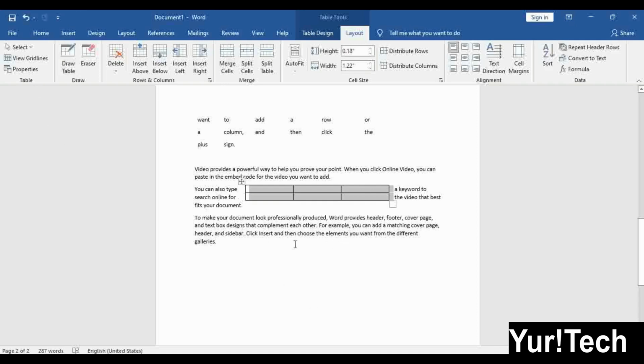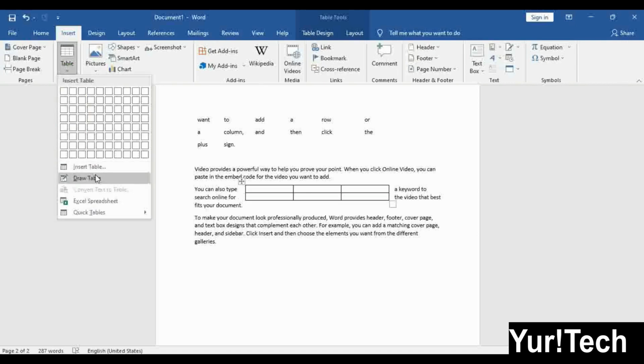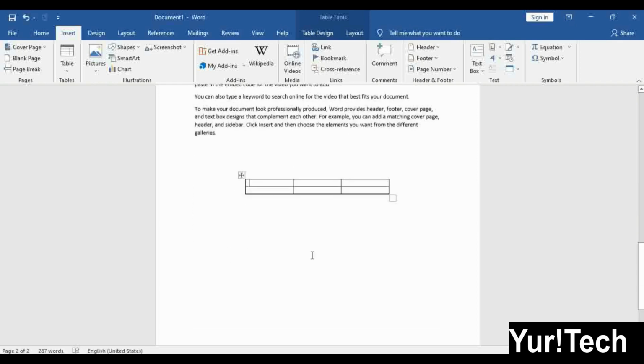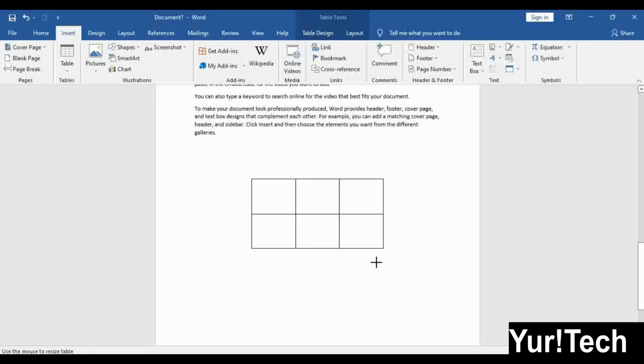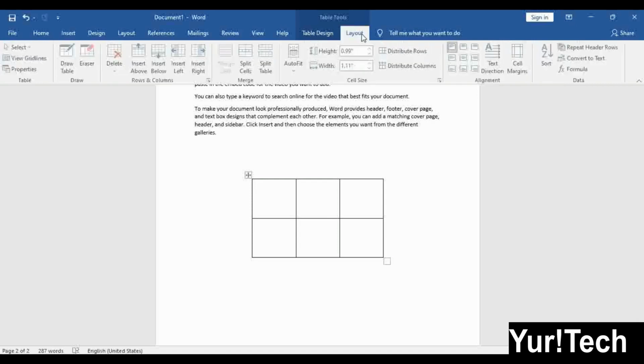Next comes draw table. As you have seen, in the insert menu there is already one option, draw table, so I am not going to discuss this more, but here I will apply something extra. This is my column, but here I want one more cell. I want to divide this into two parts. So for that it has two ways.